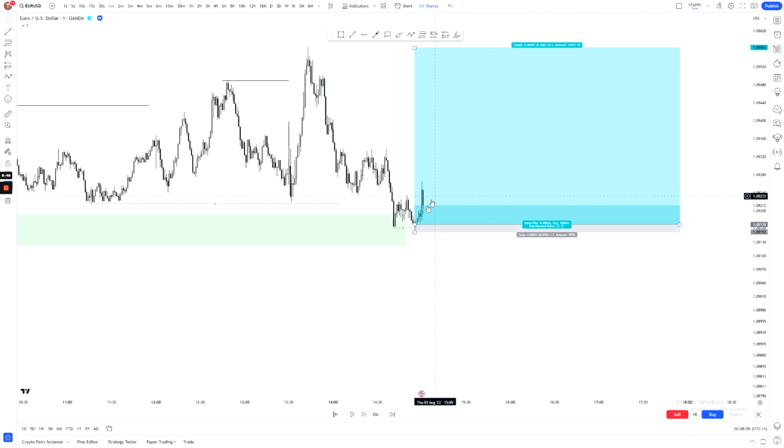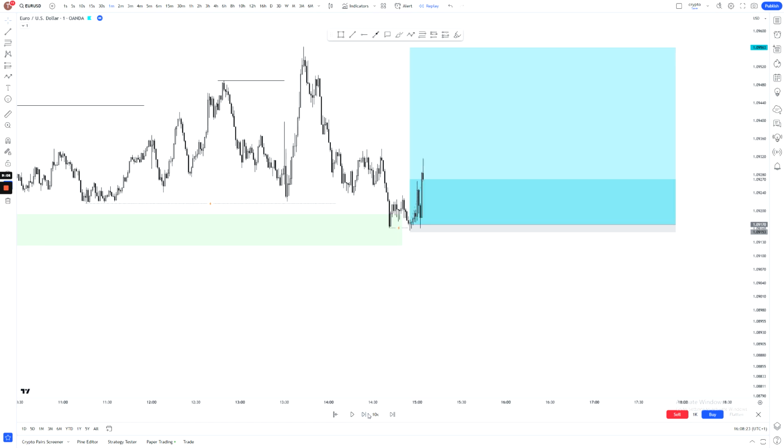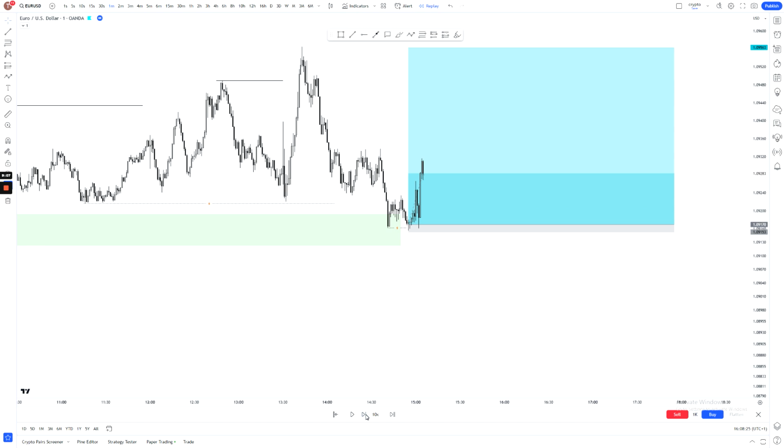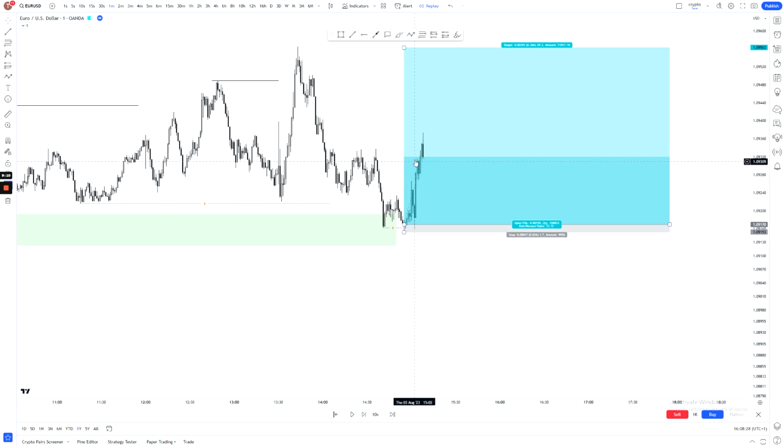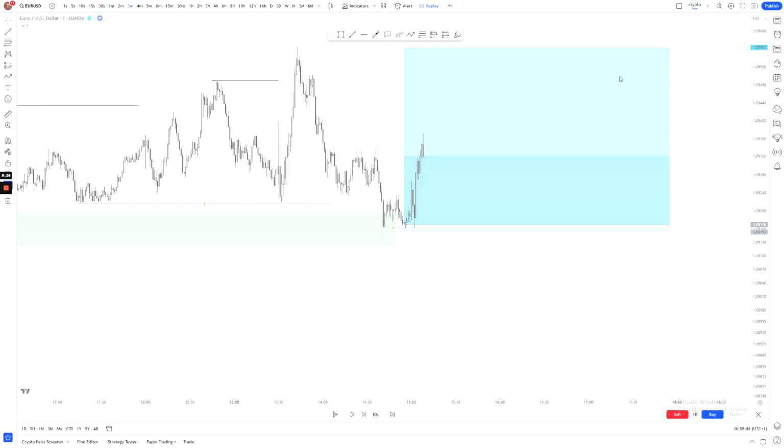If price wants to deliver in a certain direction, that's what it will do. Even with news, I mean, sometimes we can wick below, but if you've got a liquidation occurrence before news, there's a good percentage that this low is probably protected. In this case it is. So if we just carry on playing price like so, in most cases here we go, people would immediately move to break even. So how I used to trade, I would immediately move my stop loss to break even or take a break even partial, but I never moved my stop loss to break even because, as we will see in a minute,